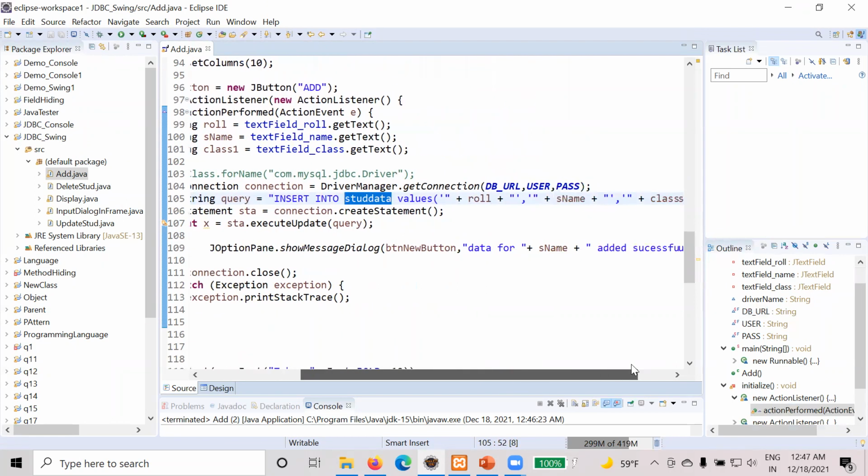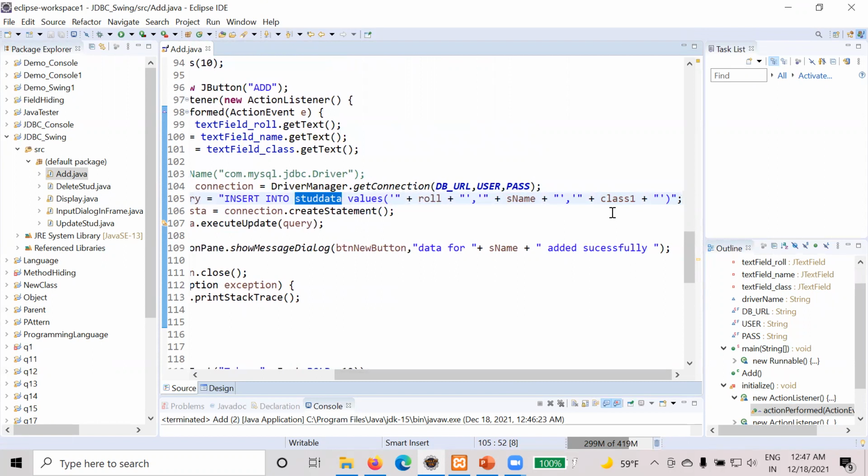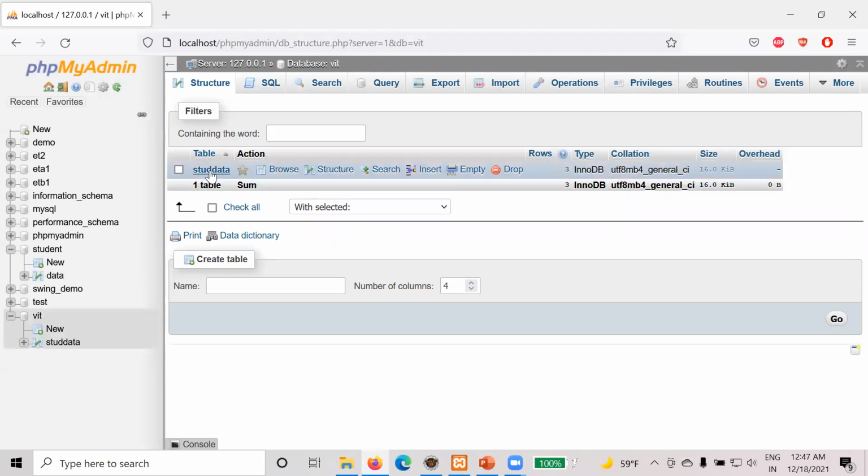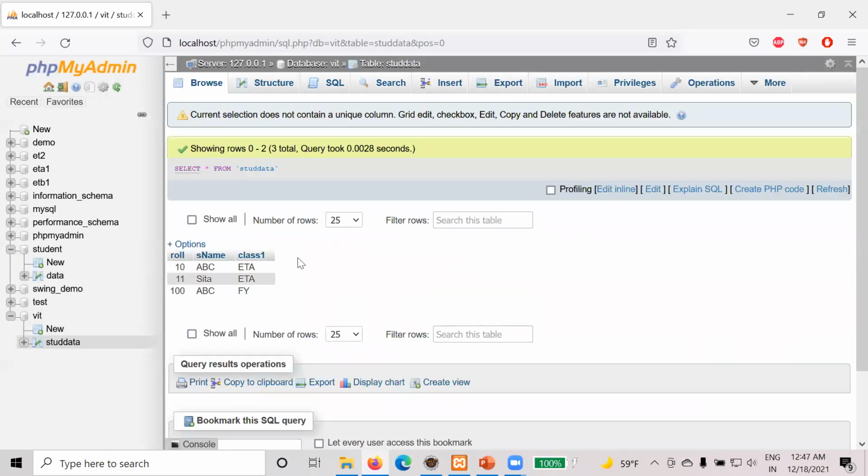Okay, and in this stored data, we are taking these three variables: roll number, S name, and class name. Okay, so now we'll see in this VIT database, in the table stored data, that we have added this detail successfully.